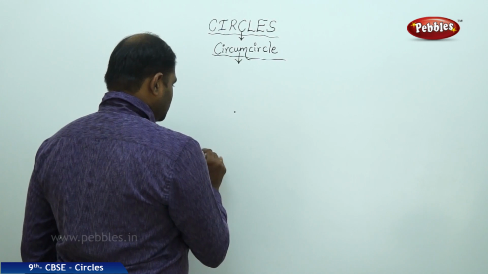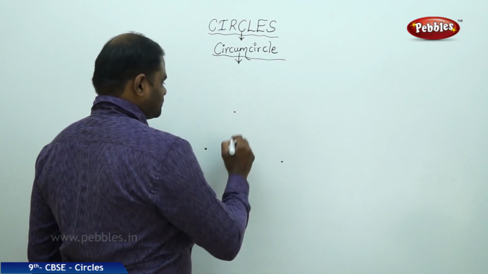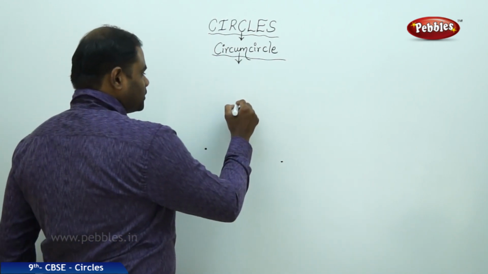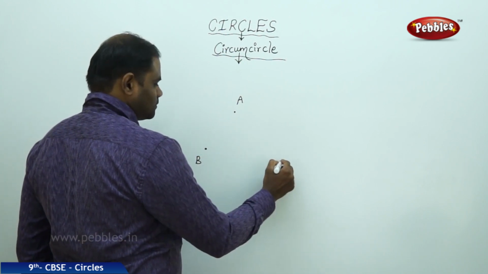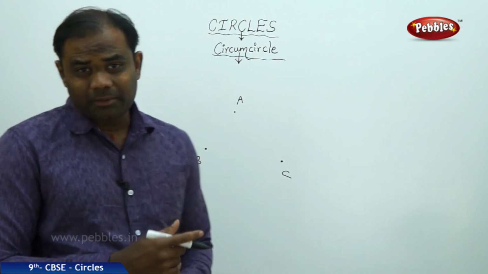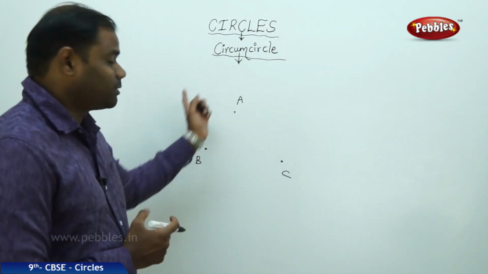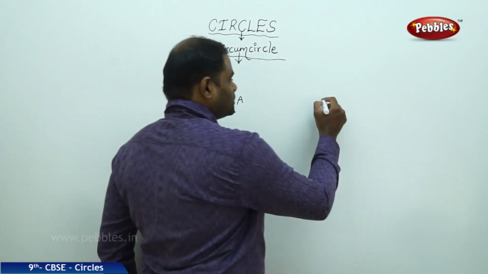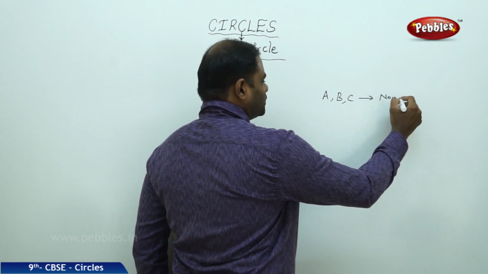Suppose I take 3 non-collinear points, say A, B and C. For these 3 points, we have already discussed that only one circle can be drawn passing through these non-collinear points A, B, C. So A, B, C are non-collinear points